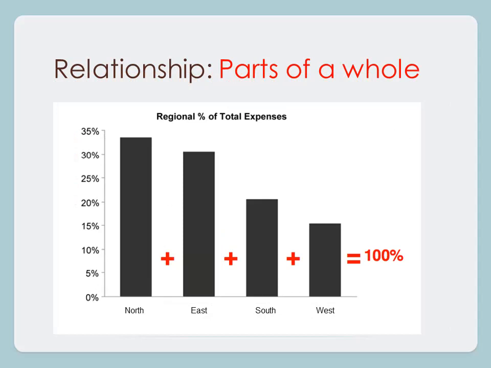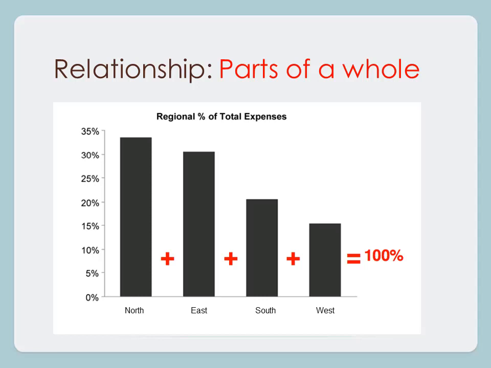Another way to analyze relationships is relating the parts with the whole. In this case, we have a similar graph to the one we have just seen, the percentage of the overall expenditures per region, and at the end, we see that there are 4 regions, and if we want to know the total expenditures of the company, we add the 4 regions, then we will get 100%. And we see that the northern region represents the highest percentage of expenditure, and the western the lowest level of costs. But we are comparing the relationship. The relationship that we are analyzing here is in what way each of these parts make up the whole,